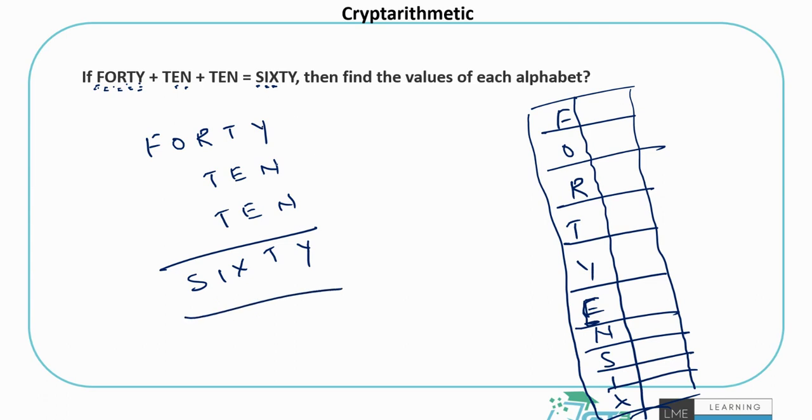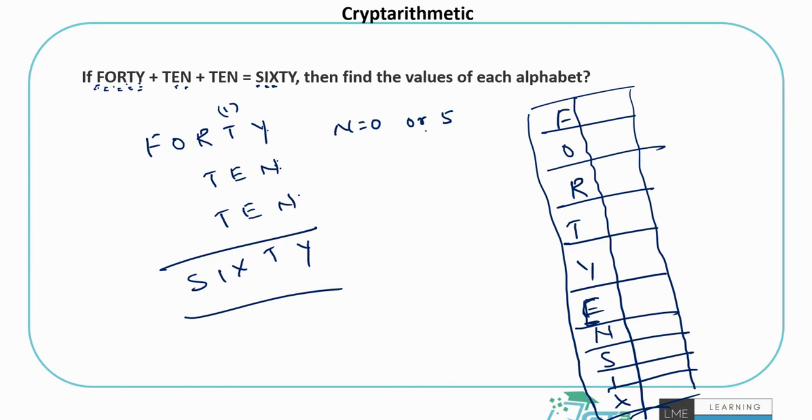The easiest interpretation that you can make is that Y plus N is coming to be Y. How can that happen? Only if N is 0 or 5. See, Y plus 0 is Y, or Y plus 5 is Y plus 10, so it will still be Y, and there will be one which is carried forward. So there are only two possibilities. As I said, N can be 0 or 5.